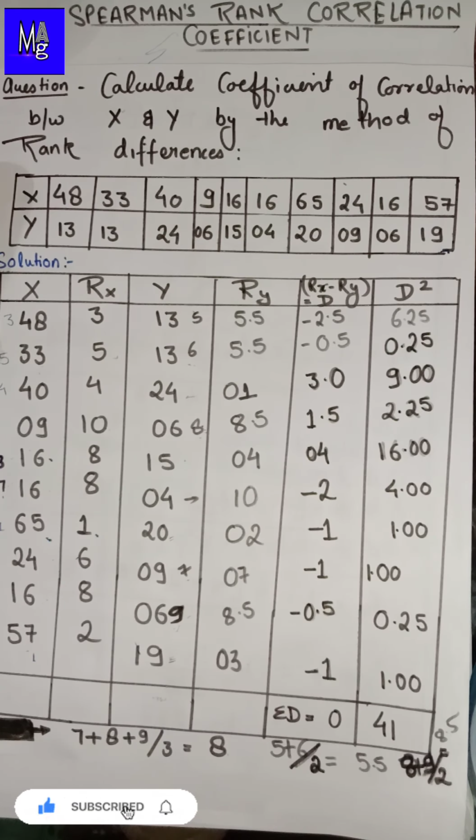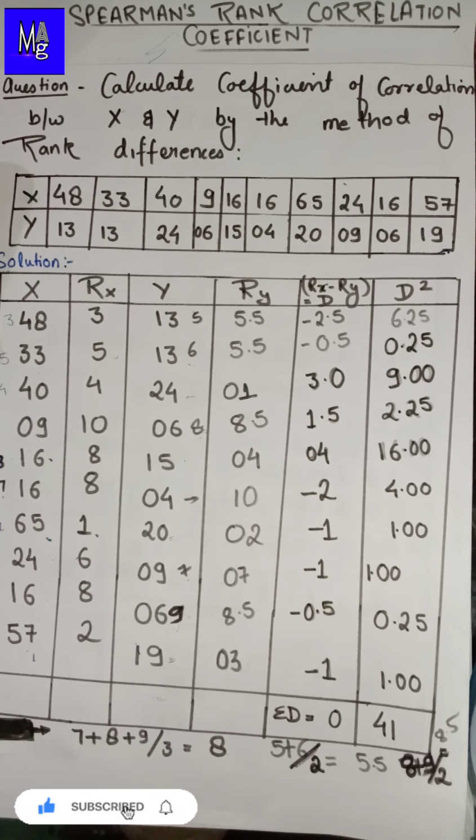Then if you are done with these two columns, we calculate the differences, which should be the rank differences. So 3 minus 5.5 and 5 minus 5.5, this is how we have found the differences. The next column that you are going to make is the squaring of the differences. The d that you have calculated, you have to square it. After squaring, these are the values, and here is the summation of d square.